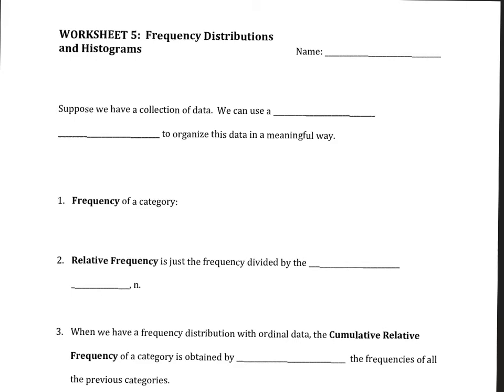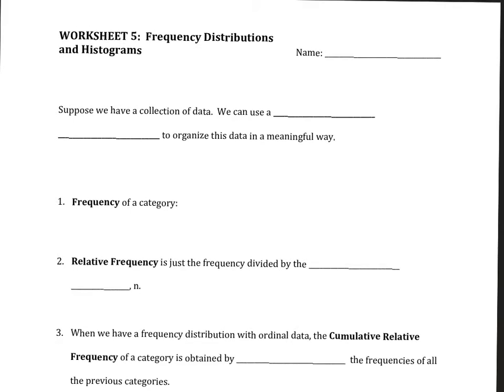Alright, here we're going to talk about frequency distributions and histograms. This corresponds to textbook sections 1.3 and 2.2. So far we talked about the difference between a population and a sample, and how you collect a sample,